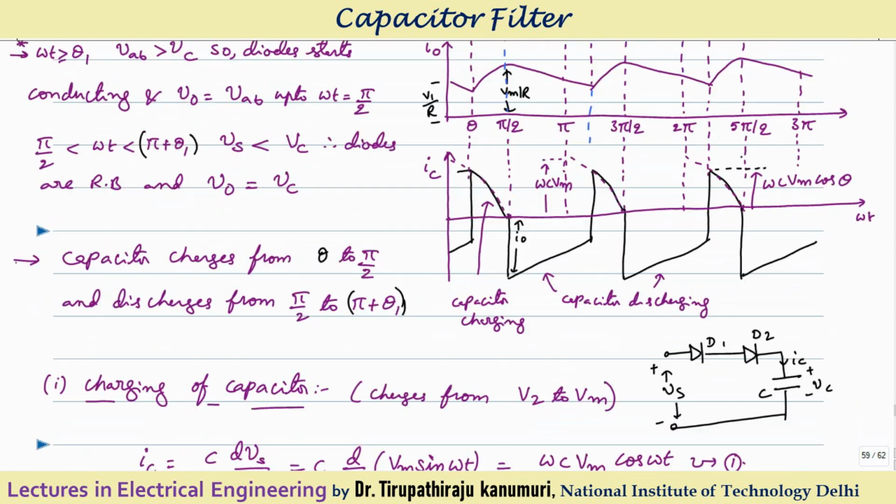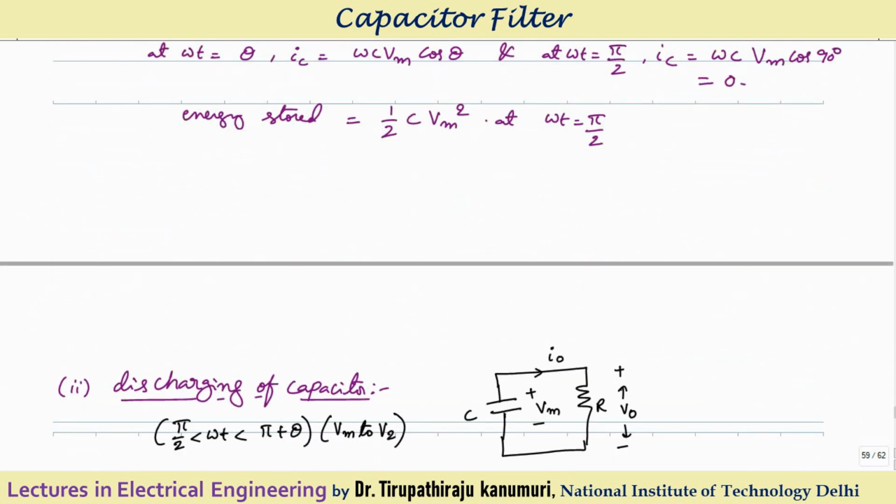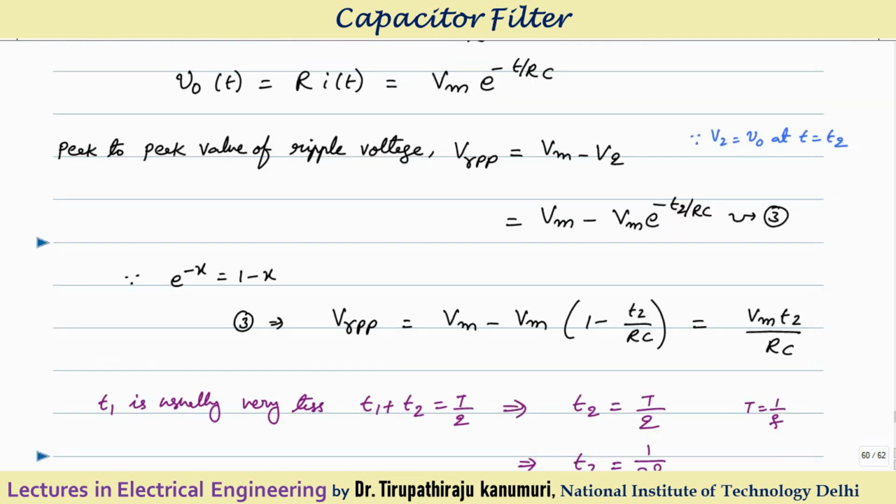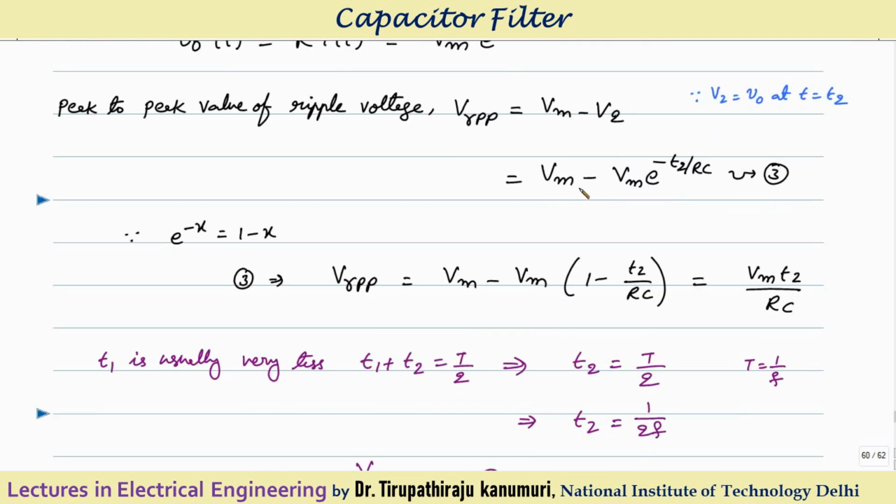In the output voltage, you substitute the time t equal to T2, then you will get the value of V2. The same thing I have represented here. This is nothing but V maximum into e to the power of minus T2 by RC. We know that in mathematics e to the power of minus x can be approximated as 1 minus x. So I am representing this e to the power of minus term in the 1 minus x form.